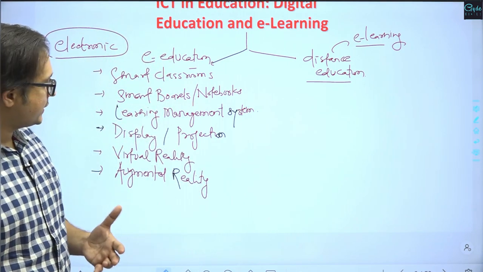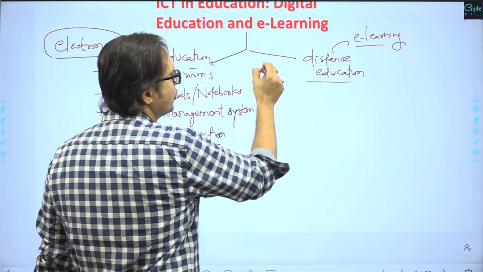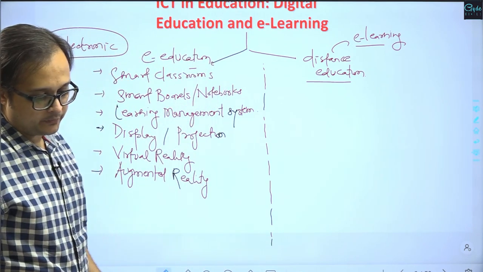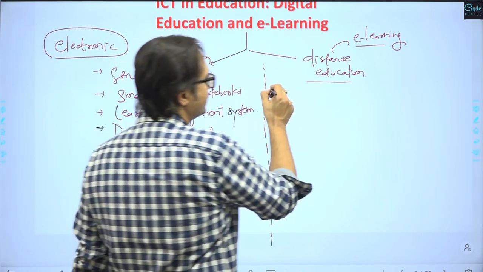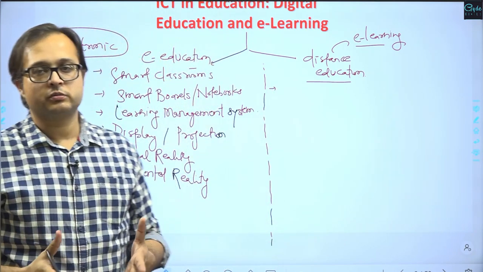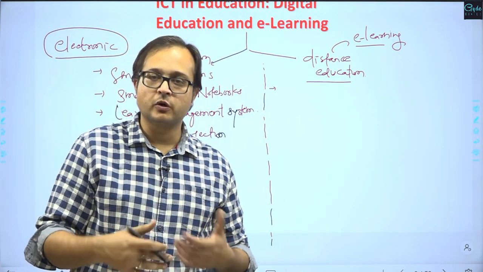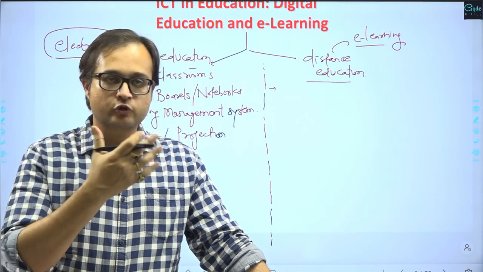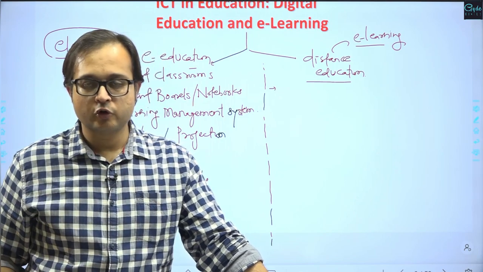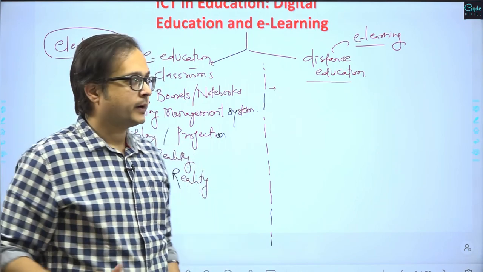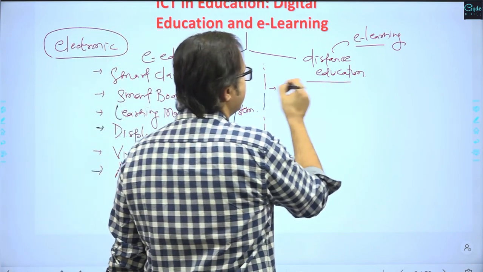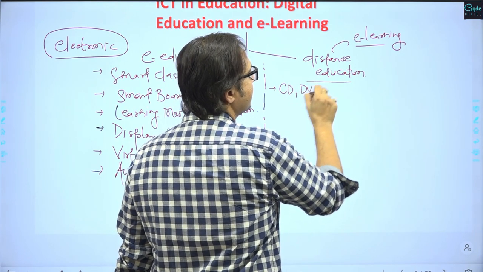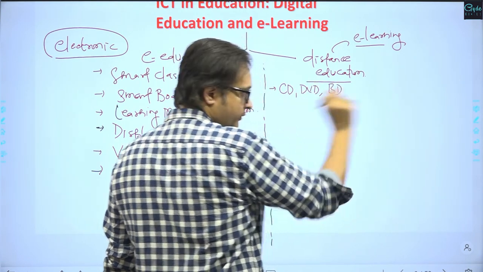There could be the other mode where the remote delivery of the education and various tools for this can also be identified, right? The first and foremost tool which can be utilized is when we can store the amount of education related content, and we can store them over certain storage devices and they can be physically given to a student in the remote areas itself, right? That could be something where the storage devices like CD, DVD, Blu-ray disc, these all we have seen earlier also,